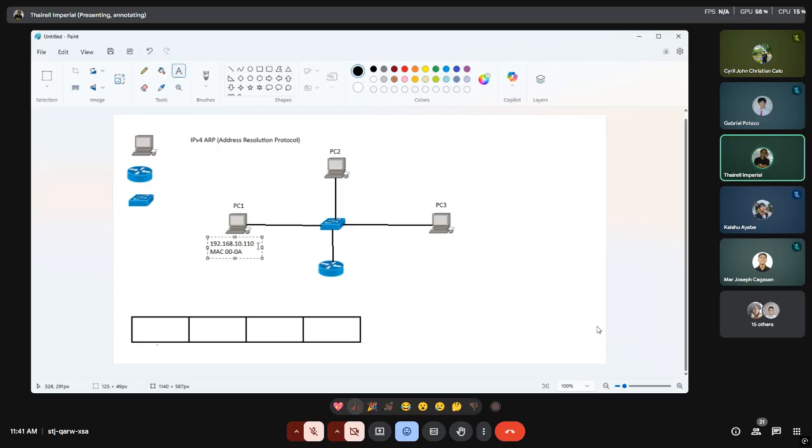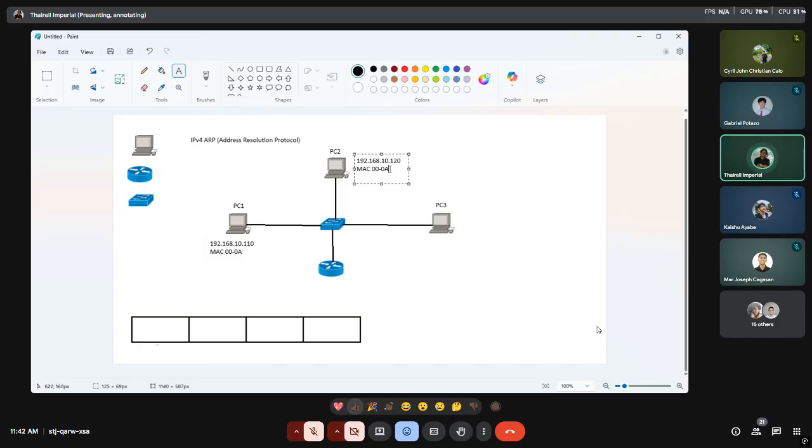This is for demonstration purposes only, so we don't have to type a very long MAC address. Okay, so we have this. Then I'll have this as well, but instead of 192.168.10.110, that should be 120. 120 should be fine.